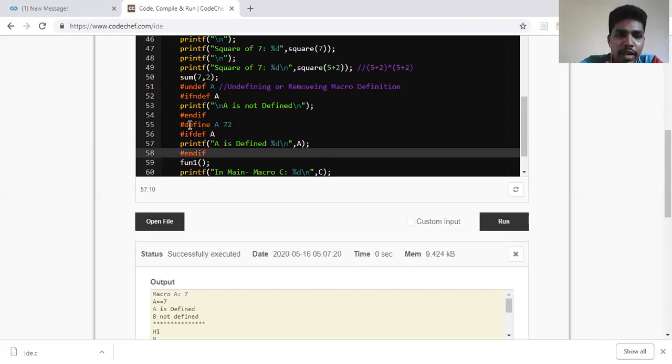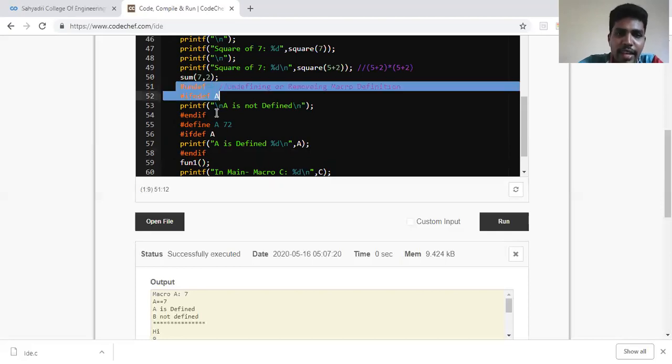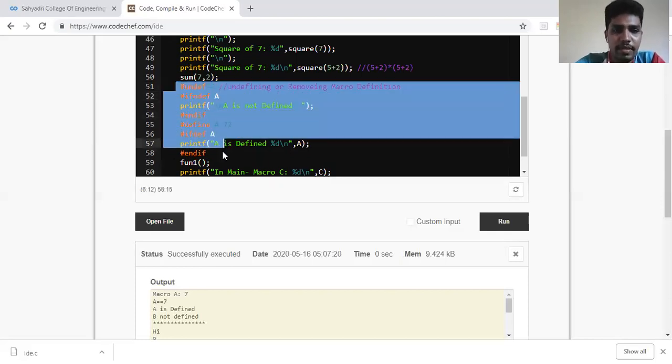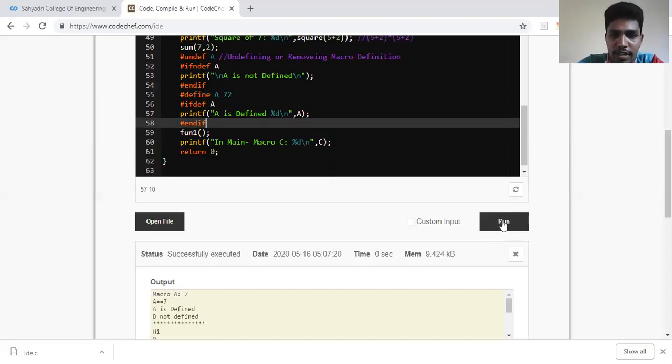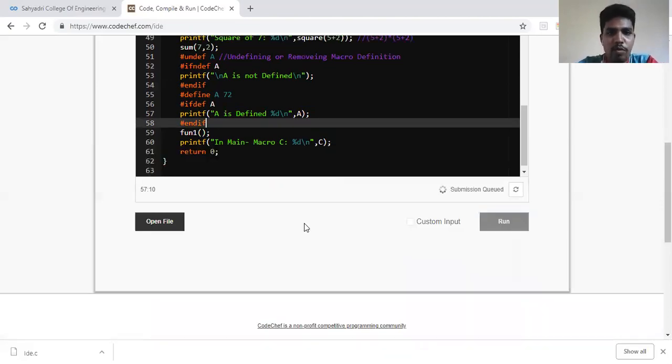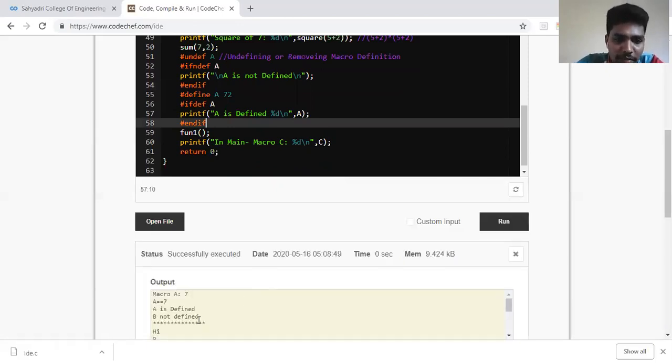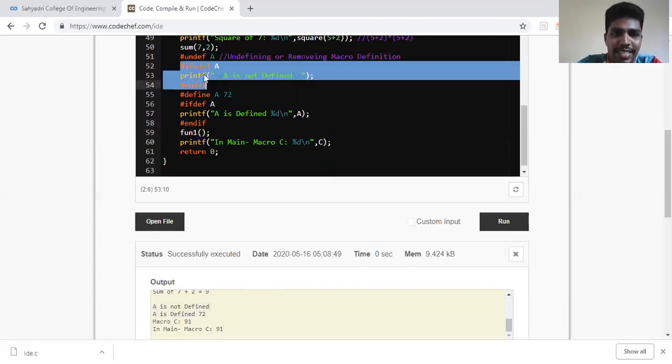Okay. So what I did is first I have undef A in this section. And then again, I go for redefining A. Okay. So we'll see the answer for this. Then I have called the functions. So we need to be able to trace this output also. Okay. So if you can see here, first A is not defined. Why is A not defined? Because we undefined it. So because of these 3 lines, it's telling A is not defined here.